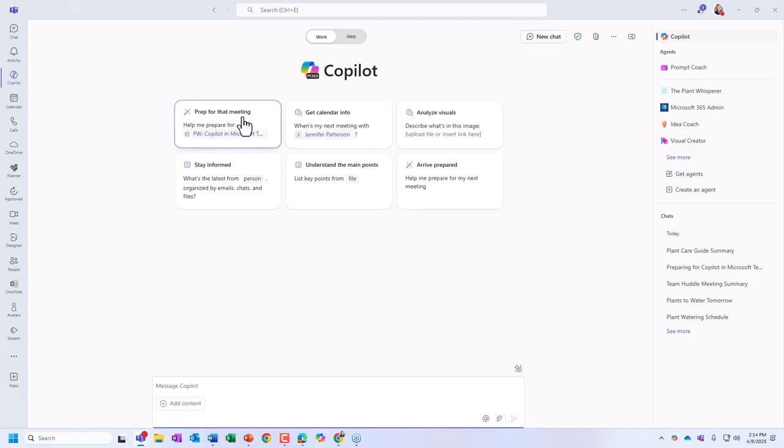So check this out. Prep for that meeting. I'm going to do a preset one. Help me prepare for this. So what it did was it added and attached. You can see because there's an X. It attached the meeting into the chat for context. I would not get that option,